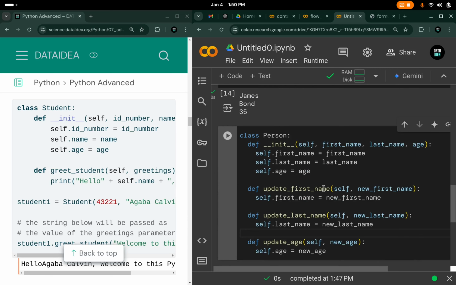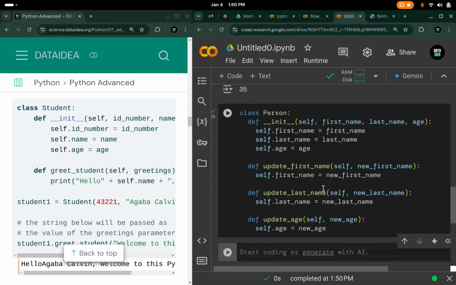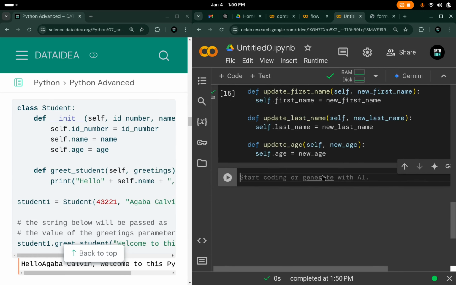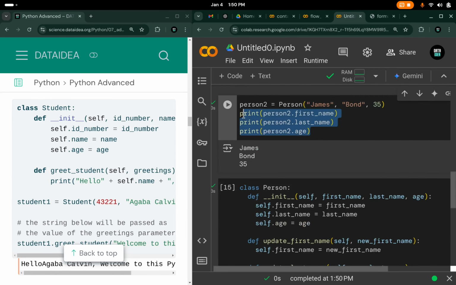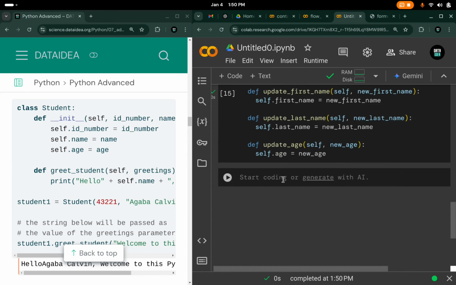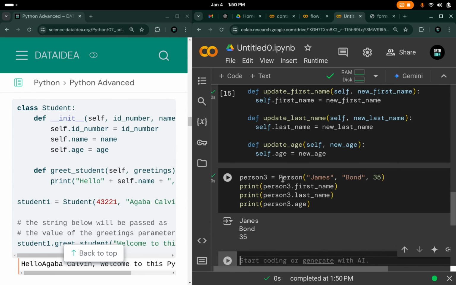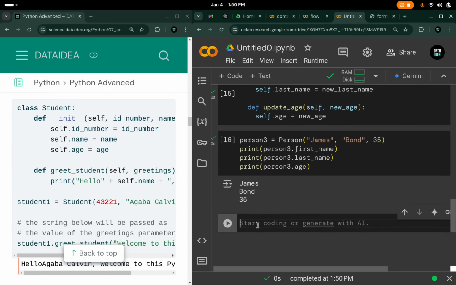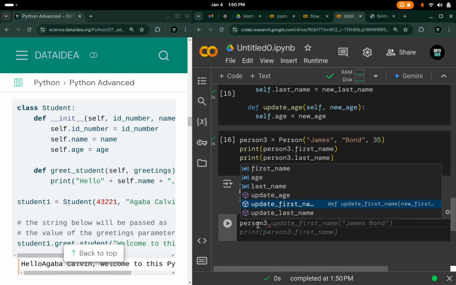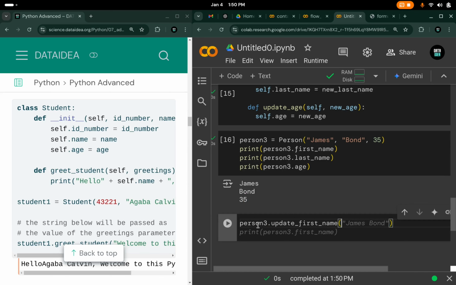So in this way, when we create an object, for example, let me say person 3, James Bond, like that, we can see their first name, last name, and their age. However, we can also modify. For example, we can do person3.update_first_name, and we can pass in